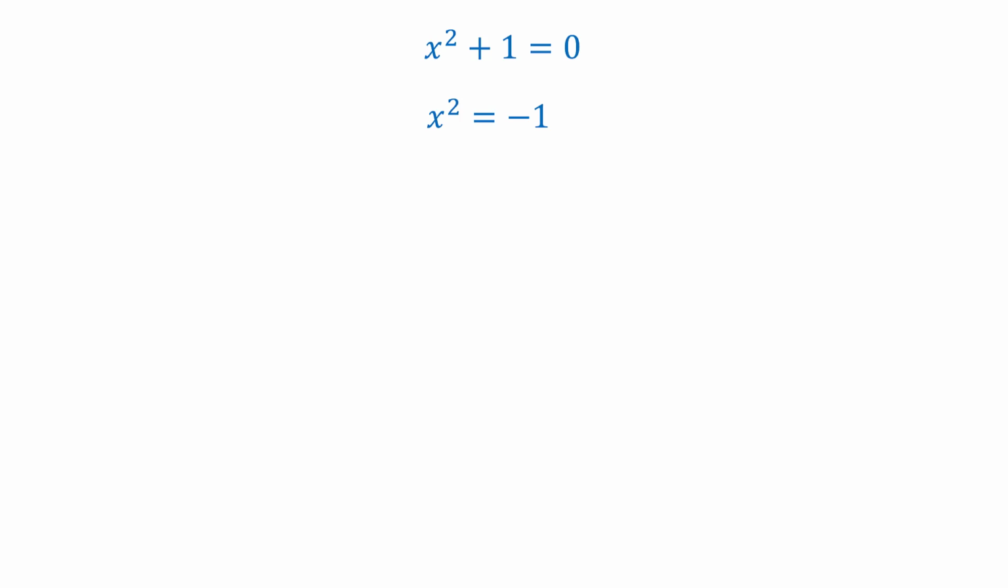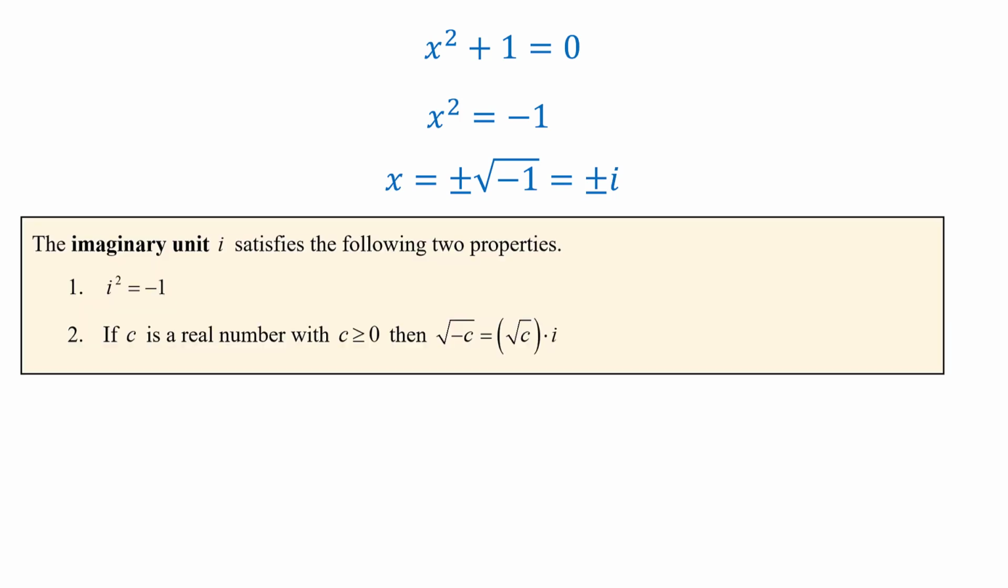So up to this point, we've said there's no solution here, but there's actually no real solution. We do have a solution. The solution would be x equals plus or minus the square root of negative 1. And here we're going to define the square root of negative 1 to be the imaginary unit i. So in other words, i squared equals negative 1, and if c is a real number with c greater than